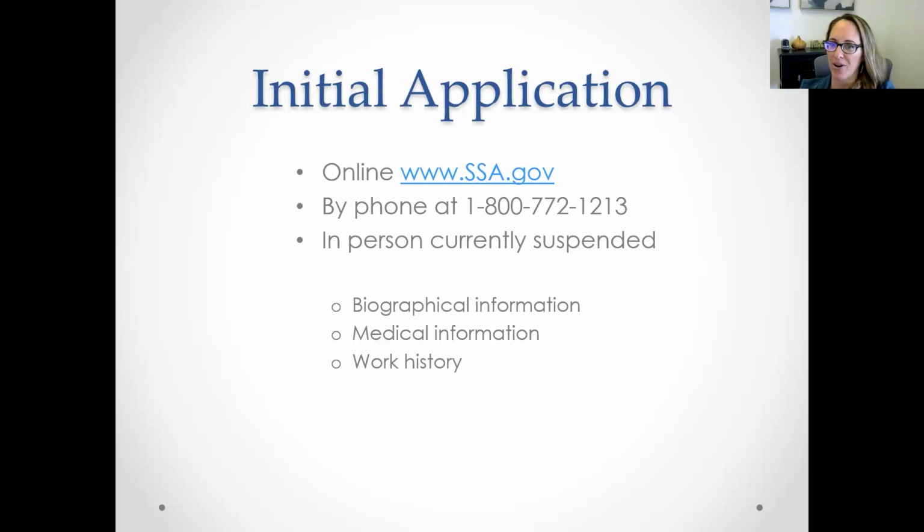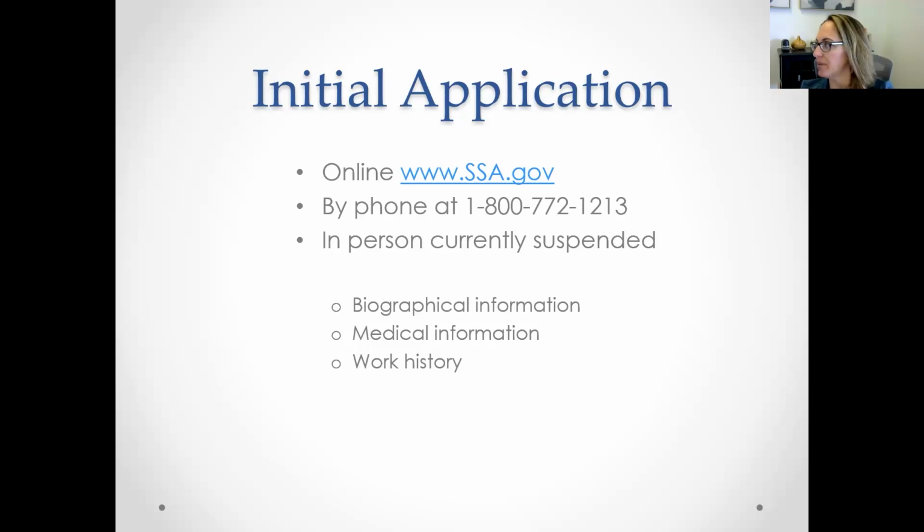They ask you biographical information when you file the application. They ask you medical information, especially the names of any doctors that you see, hospitalizations, that kind of thing, and the names of the medications you're on. And then they will ask you about 5 years of your work history. If you do the application online, you could really get it done in about an hour, and you submit it. Then Social Security will send you things in the mail to sign, and then they'll start processing your application.